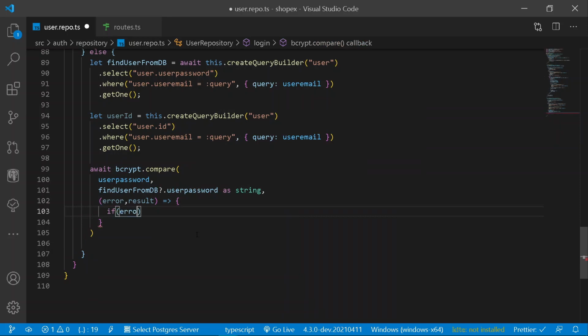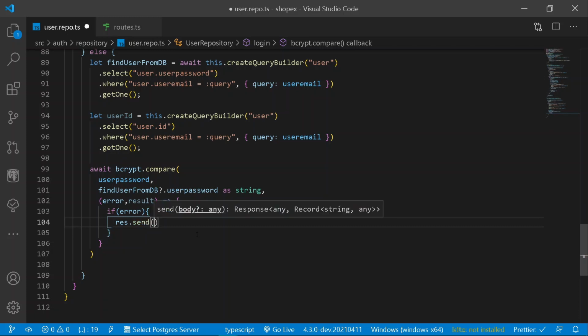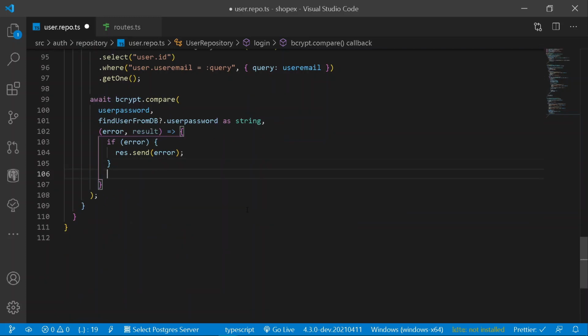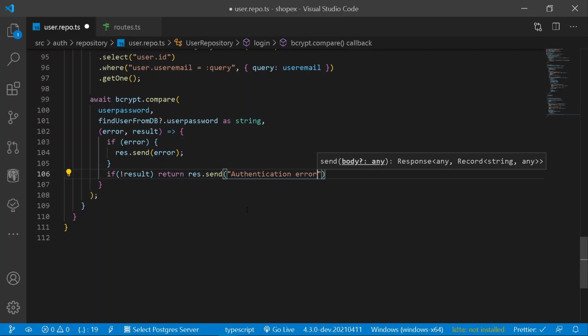Under this case, if we are getting an error, we will be simply sending a response of an entire error. So let's add the following thing here, else we are good to go. After the following if condition, let's add one more condition. If the following result is not so, that is if the user is not identified, we shall be returning here a new response, and the response shall be under a send, and let's say authentication error, just like this.